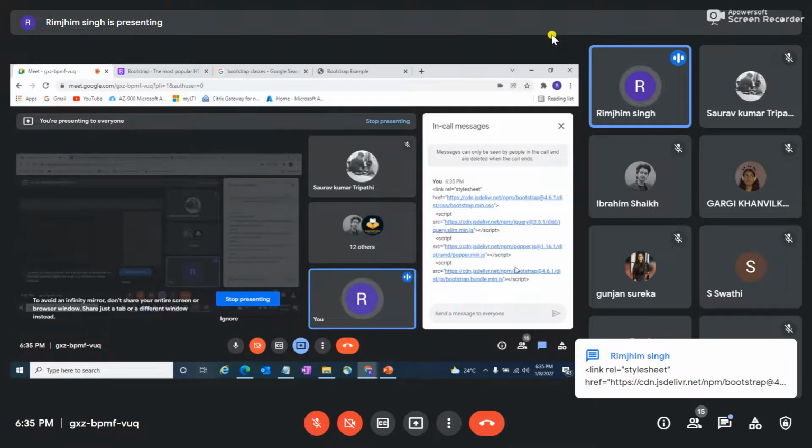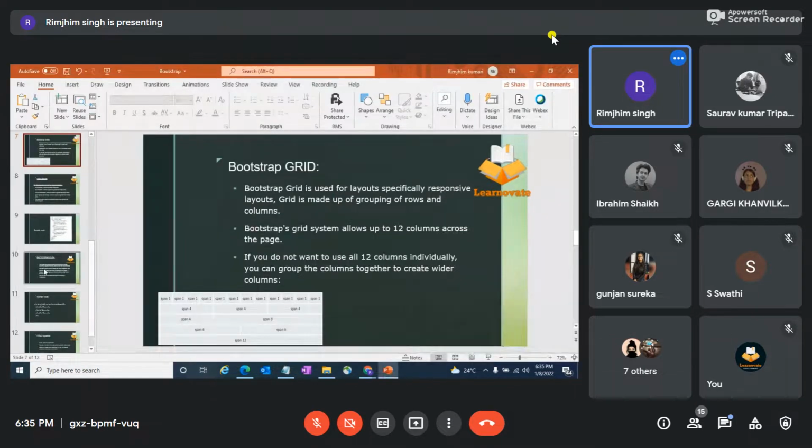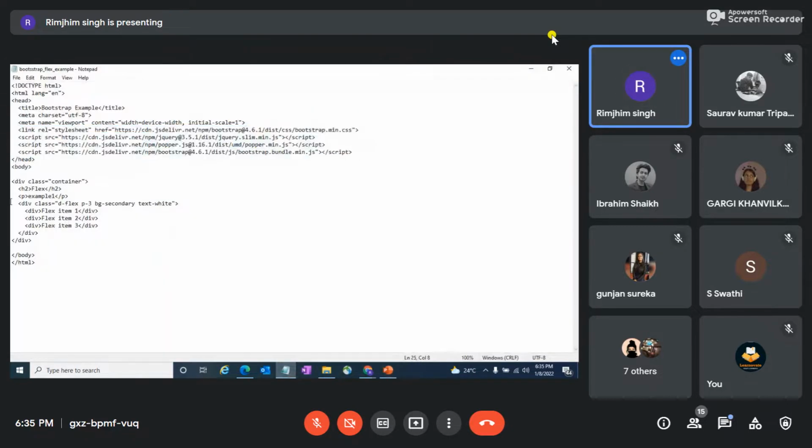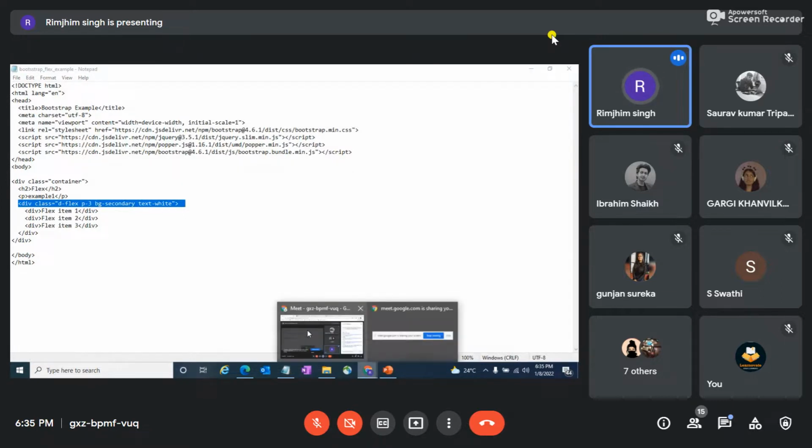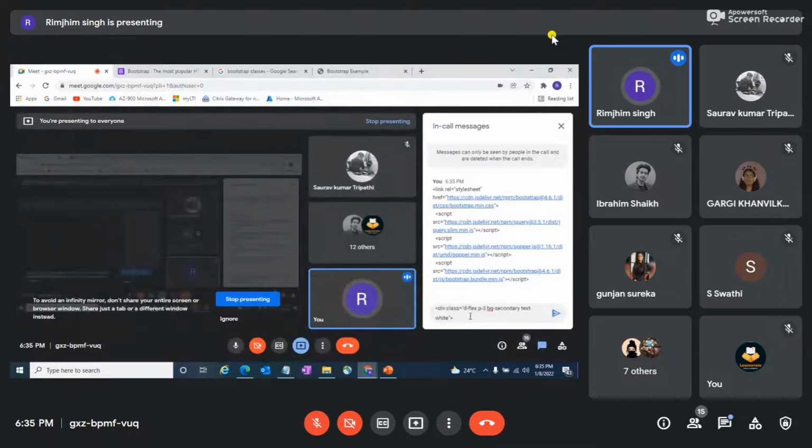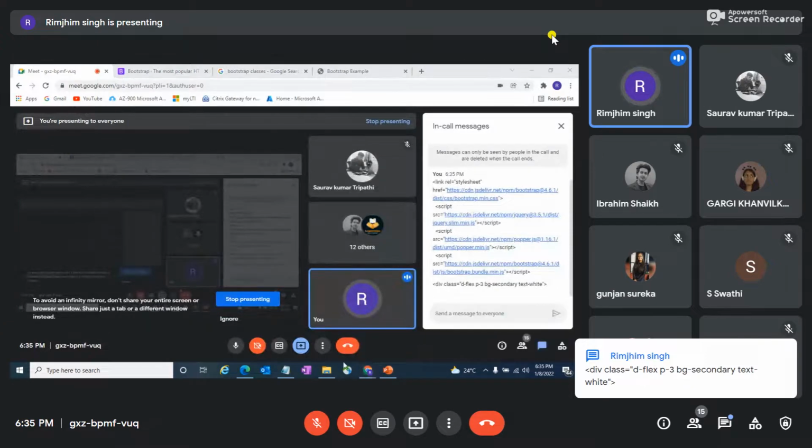I've pasted in chat all the CDNs available, and I'll also give you the common one. This is the only thing which you have to remember to run a bootstrap program. So don't go by the name bootstrap. It is as easy as HTML and CSS.